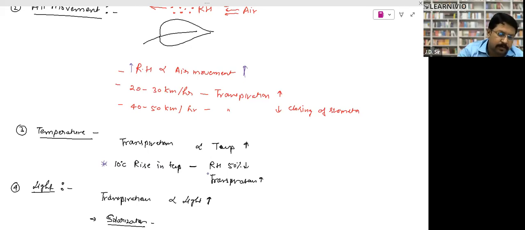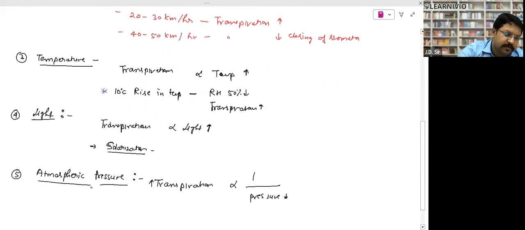Yes, sir. What is the light? Transpiration is directly proportional to the light. If light intensity increases, then temperature will increase and transpiration will also increase. If there is too much light, what will happen? Please note it down. If there is a very high intensity of light,